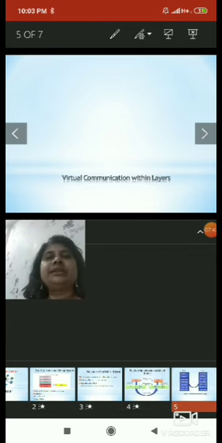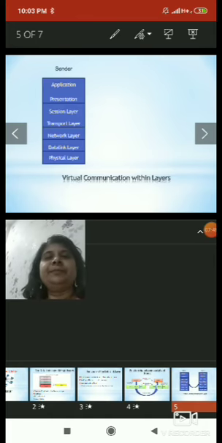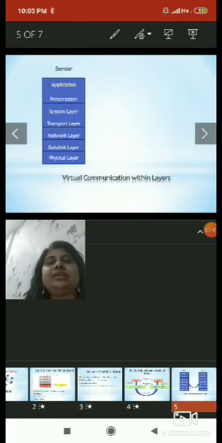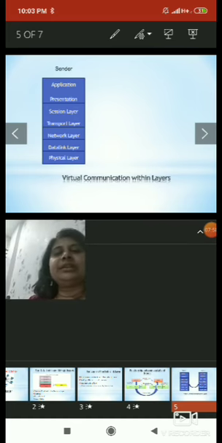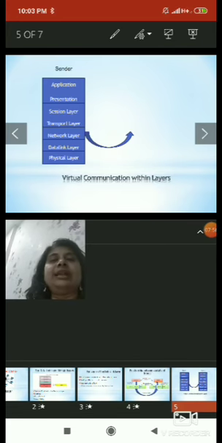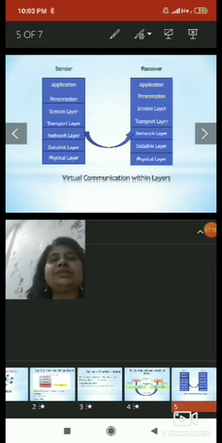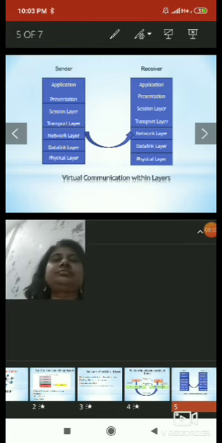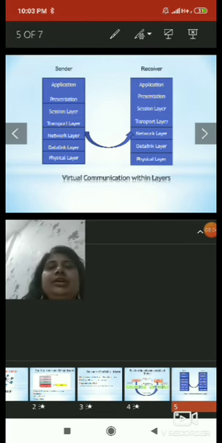The next part is virtual communication. Now see, these are the 7 layers of the OSI model on the sender machine, and these are the 7 layers of the OSI model on the receiver machine. Here, how does communication take place at the network layer?